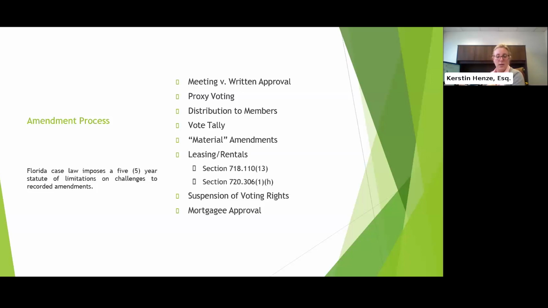So potentially, the mortgagee can make the argument that the amendment affects their rights, right? And that the association needed to get the approval of the mortgagee. Okay, so check the language.